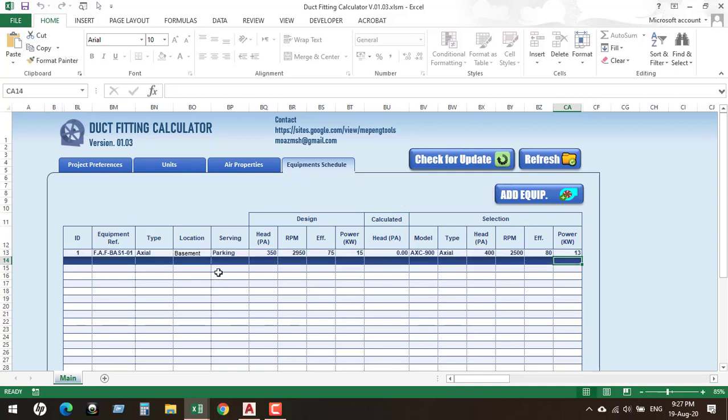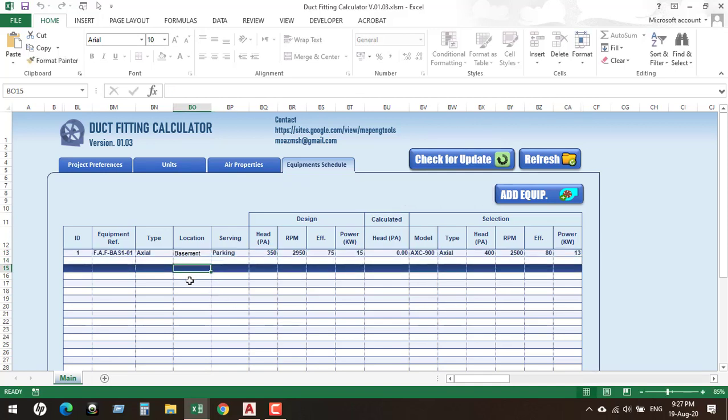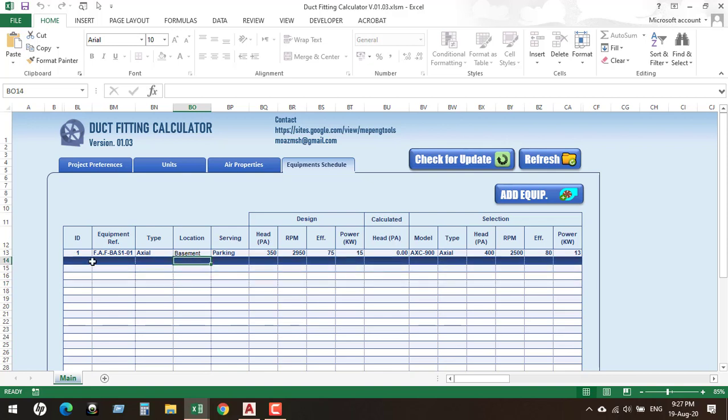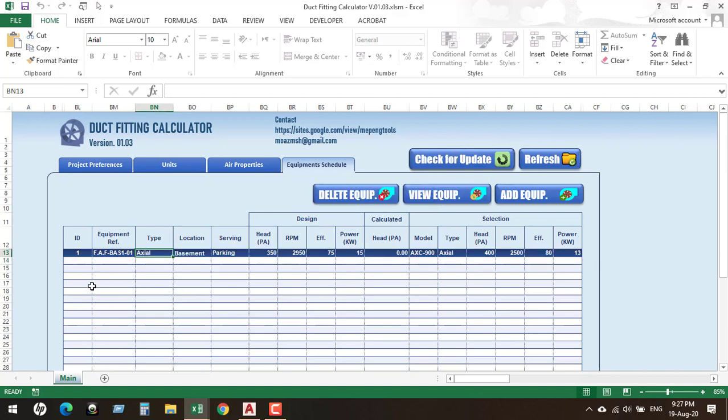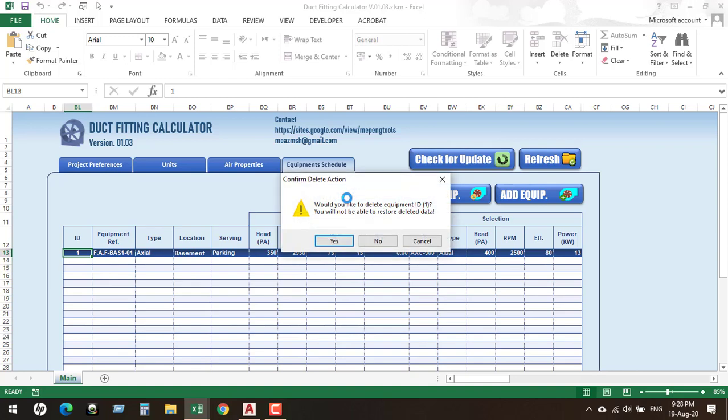Alright, you will notice that when you change the selection on an empty row, you will have only these three buttons visible. Once you select this row or a filled row with an ID number, you will have the delete equipment button and the view equipment button. So the delete equipment,